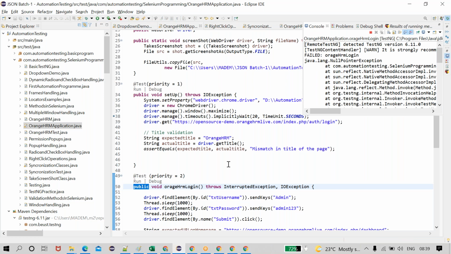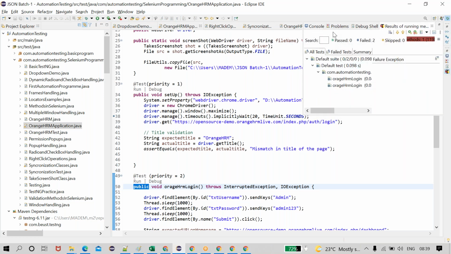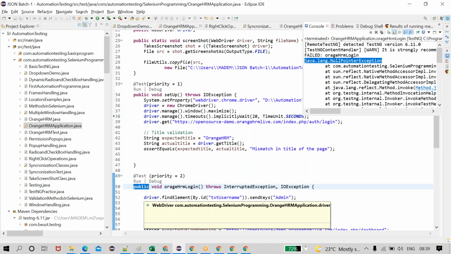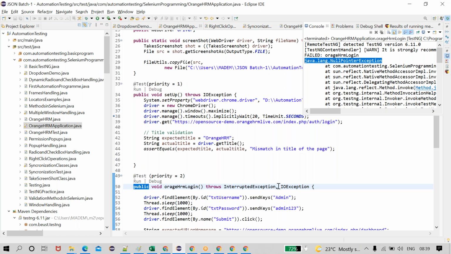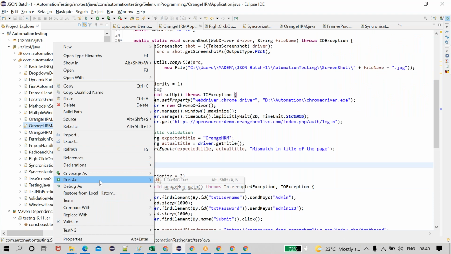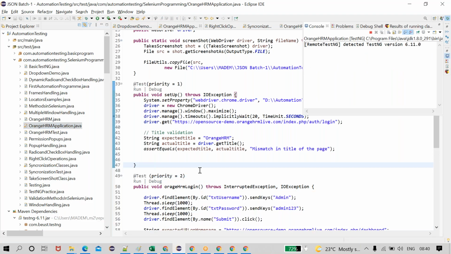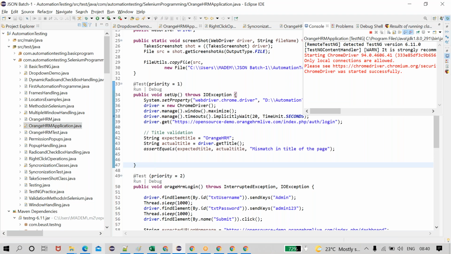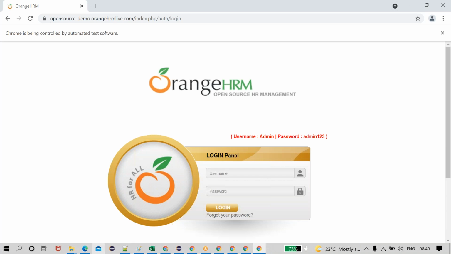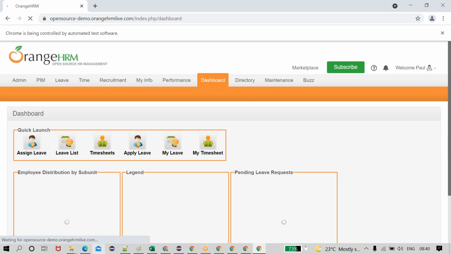It shows the null pointer exception because the driver is not yet initiated. See, it will show the null pointer exception because there is no browser to execute this driver, no URL to enter these credentials, and no maximized browser. See, if I run the entire code, I think you are able to understand what I am saying. Yes or no, guys? Anyone, Rajshekar? Yes, bro. If we click run on a specific method, only that particular method will be executed. Okay. Yes.